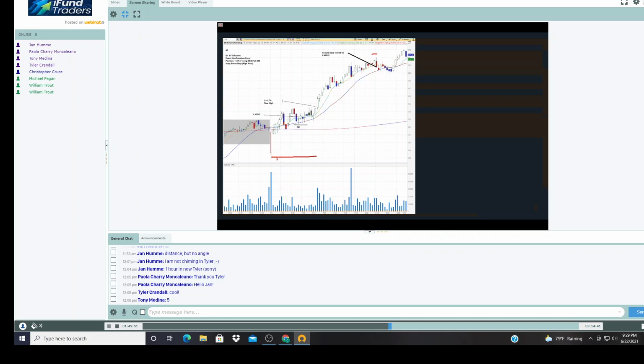Look at the opening bar here. That's the last thing I'll say about it. This bar starts roughly at 358, goes all the way to 362. This is a $4 bar. If you buy one lot there, already you're risking $400 on this trade. So that should be enough to show you that you could never trade this stock.